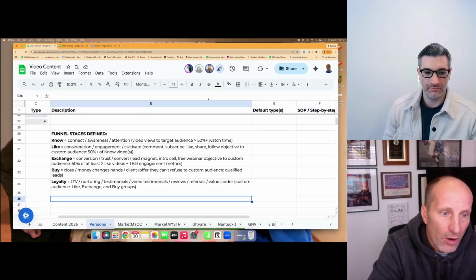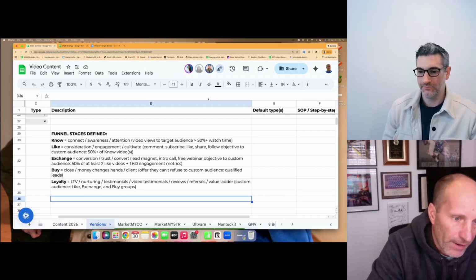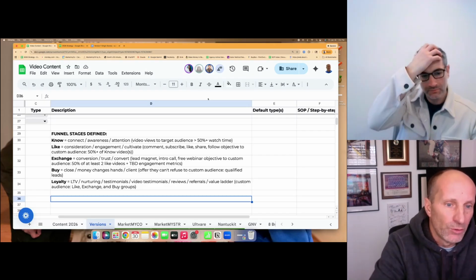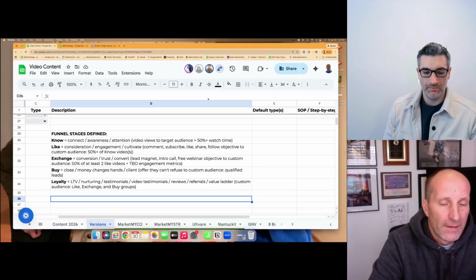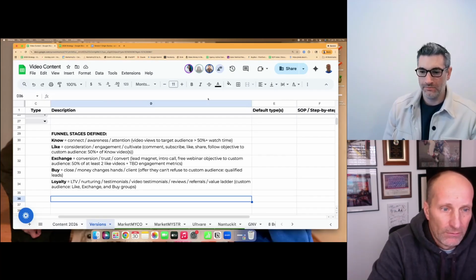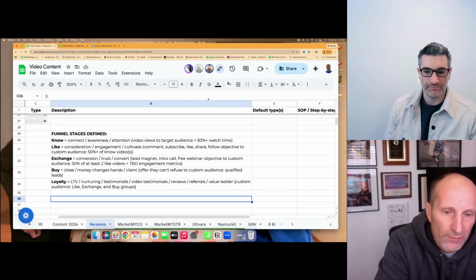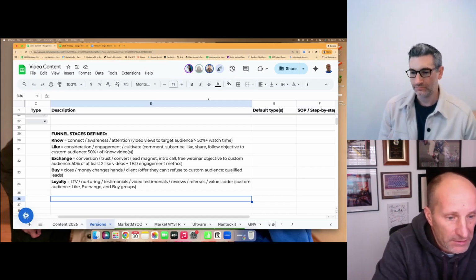So we call the first stage the No stage, just like whoever invented the others, I don't know who created it. The No stage is similar to what you would be doing if you're using Connect, that framework we talked about, or Awareness. In other words, you're trying to get attention. Right. What No means is get people to know who we are. No is get to know us. What No is, generally marketers like to use: how do you go through the process of getting someone to marry you?